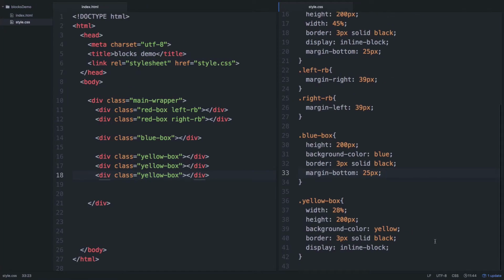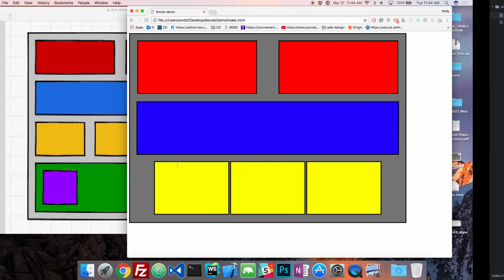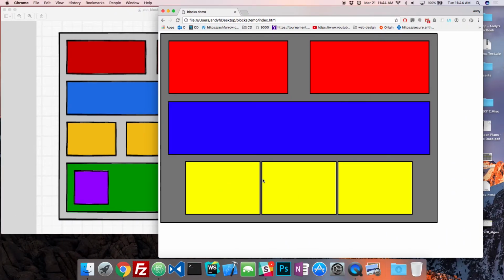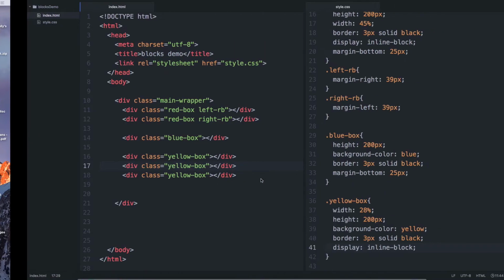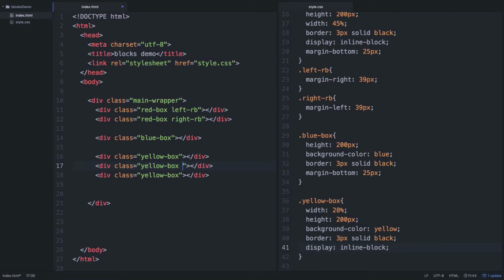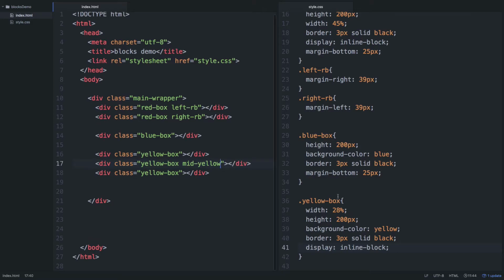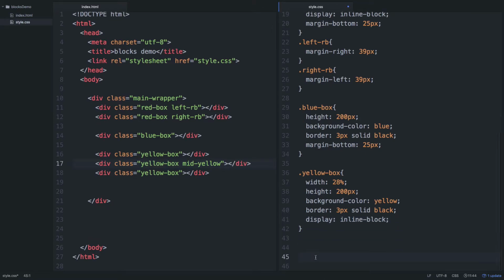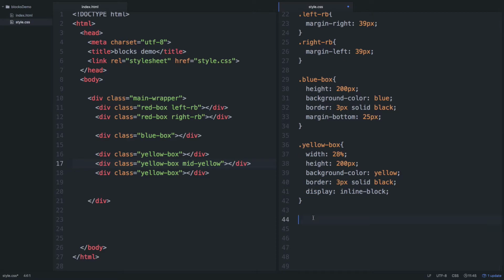So we can say, for this box, all we really need to target is this middle one, right? The middle one can push to the side, both of them, right? So this guy we're going to give mid yellow, like that. And these names are just arbitrary. You can name it whatever you like, but typically you want to be more explicit with what you name it, right? So dot mid yellow, we're going to give it